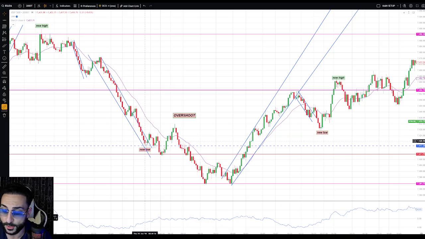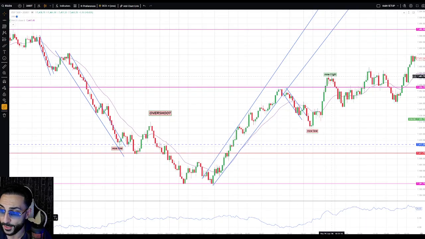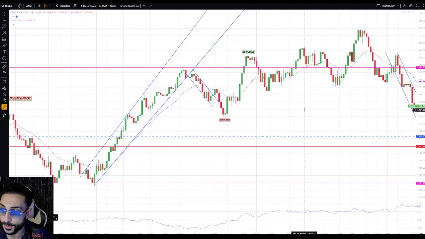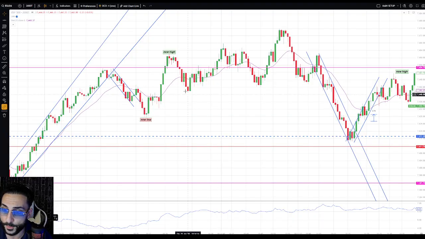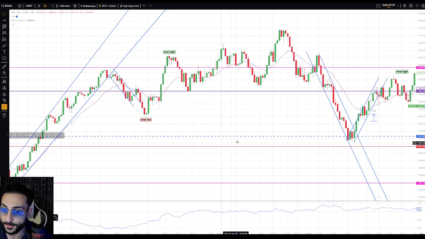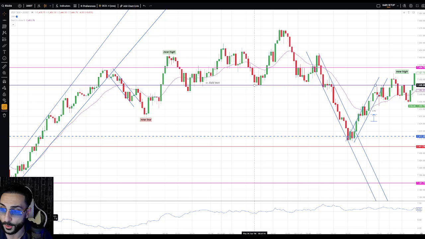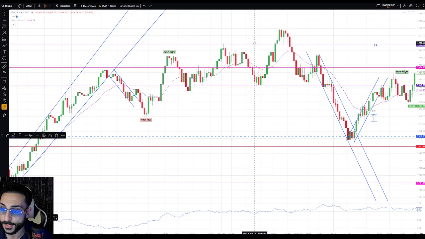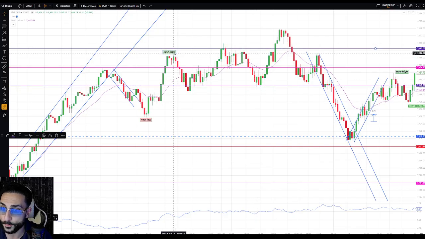We just had one strong leg down, break, and now we had one leg up, followed by a break and a new high. So now we have to wait for the next market cycle. Now, we started forming a bit of a range. As you can see, price is in the middle of the EMA, we're going sideways. So when this happens, what you want to do is identify a key support and a key resistance and draw it out